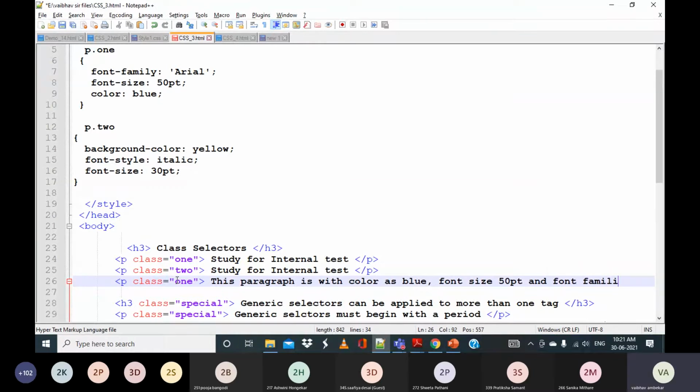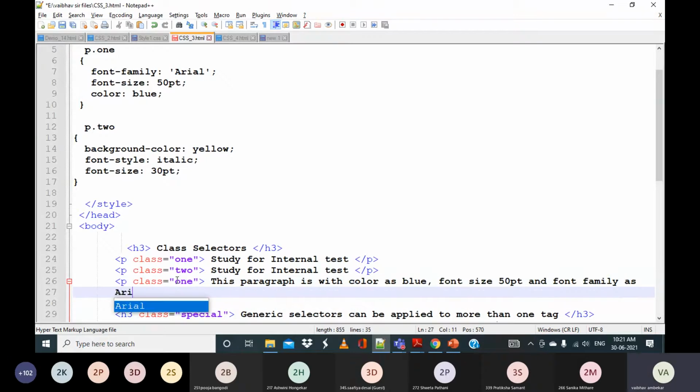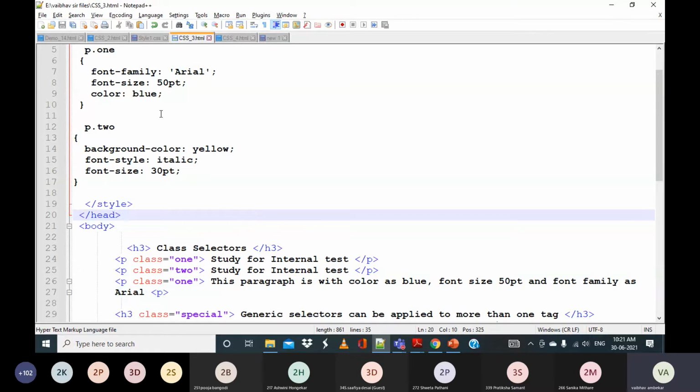It's any information you can write, and then you can close the paragraph tag. Are we getting it? How to use the class selectors?